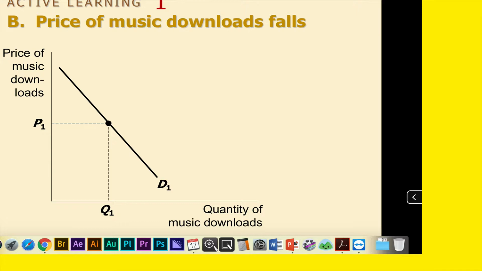So what are you graphing? Price of music download falling. You're graphing music downloads, right? So the price of music download falling would increase the quantity of demand. And then show me on that graph a decrease in the price of music downloads. Show me a decrease in the price of music downloads. Okay, it goes from here to there. Show me that on the price axis. Label it.